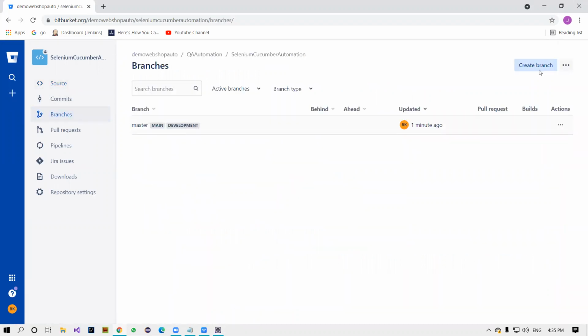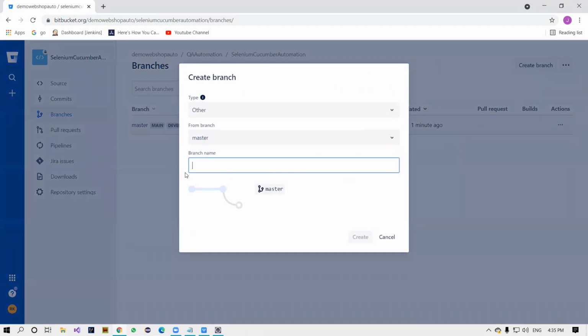Like we see in the diagram, we're going to create the feature branch here. For a feature branch, we should not create it under the master branch. You can select the development branch here. Here you can write the branch name. Before directly writing the branch name, you have to select the type of the branch. Just select this drop down here, select feature. You see that feature is coming here. Now I can write.